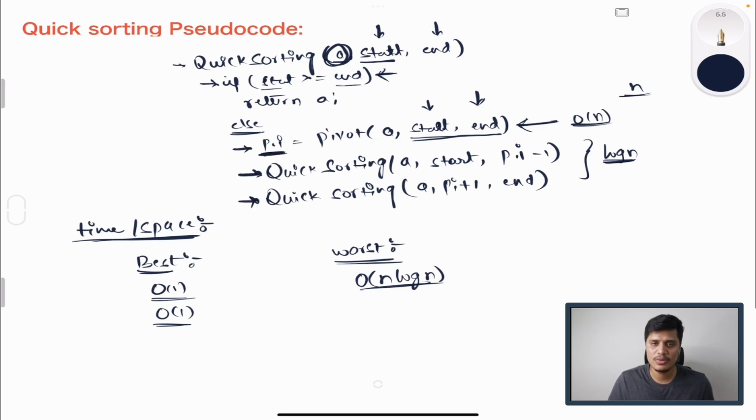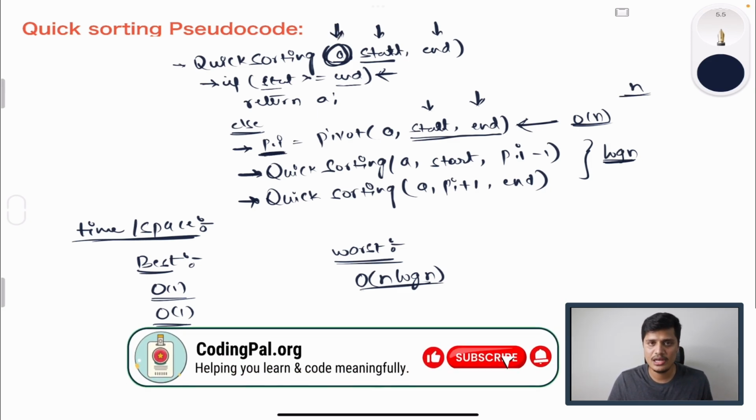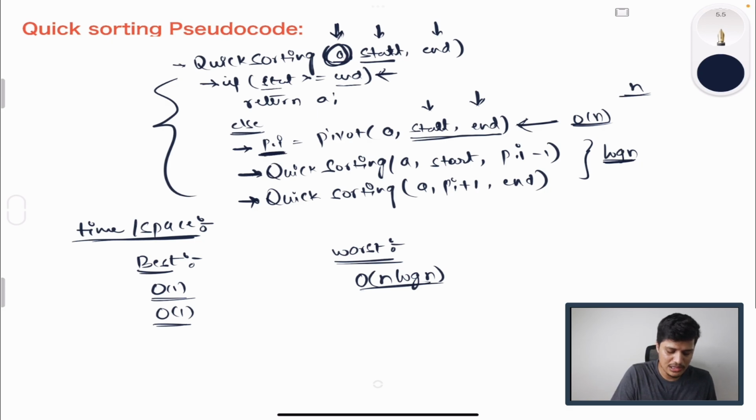Now, to analyze the space complexity: quick sort is an in-place sorting algorithm, right? That means whatever input array we pass, in that same input array we will get the sorted result. If you look at the implementation, the only variable we declare is this pivot index, and it is going to consume a constant amount of memory only. As a result, in the worst case where we sort an array which has n values, the space complexity theoretically is constant only, but as we implement quick sort recursively,